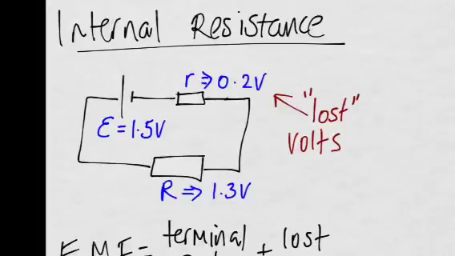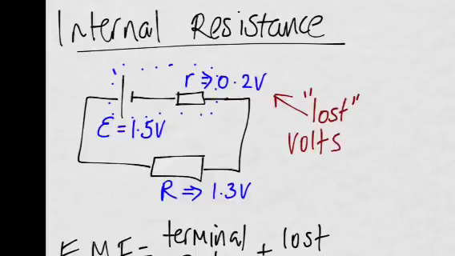So, internal resistance. We've got a cell just here that we've said has an EMF of 1.5 volts and an external resistor that's 1.3 volts. That means that the internal resistance across it will be 0.2 volts. You've got to assume that in every cell